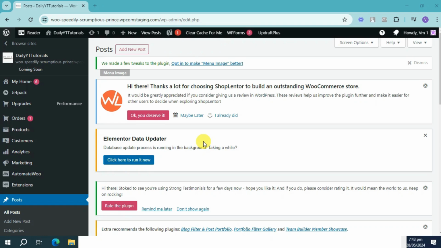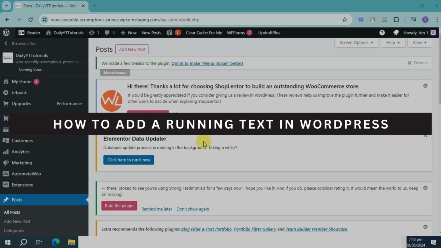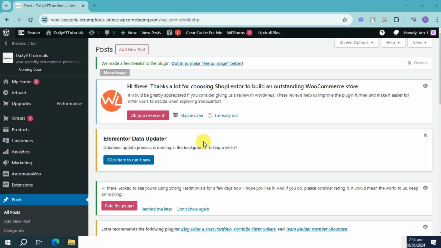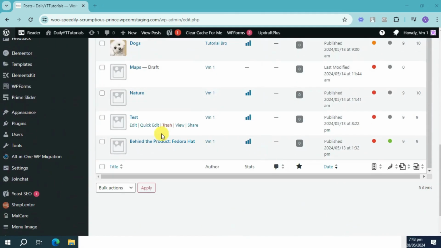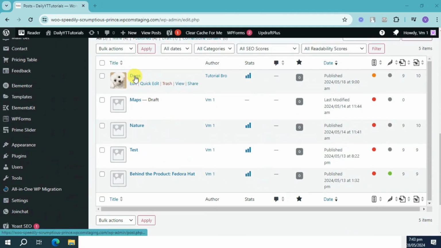In this video, I will show you how to add running text in WordPress. Let's get started. In order to do that, I'll just locate the post wherein I want to add it. So I'll add it on my blog post. I'll just head over and click on this edit option right here in order to edit this particular post with